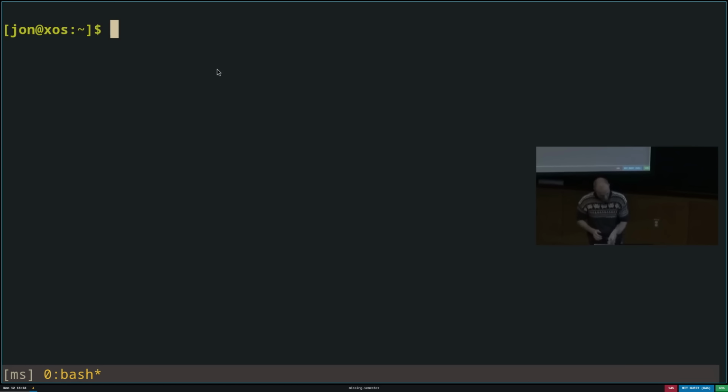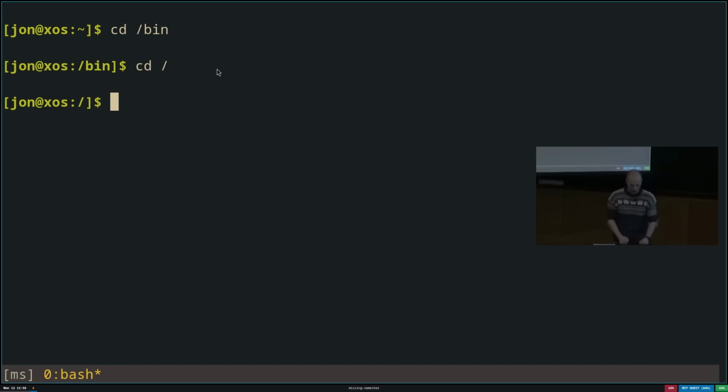So what does that look like? Well, I type cd for change directory, and then I type a path. In this case, it's a path that starts with a slash, so that makes it an absolute path. We'll get into other kinds of paths later. So I want to go into the bin directory under the root of my file system. So I want to change directory into there. When I do that, you'll see that my prompt has now changed. It now says I'm in /bin instead of being in /home. I can also cd directly into the root, and so on.